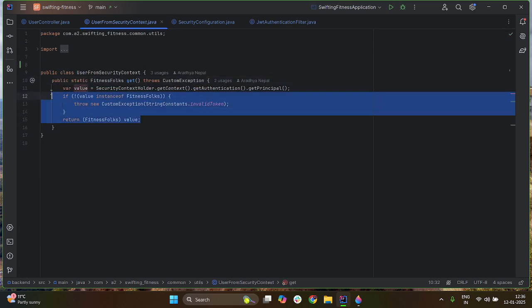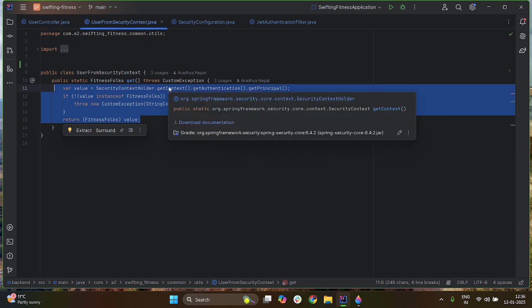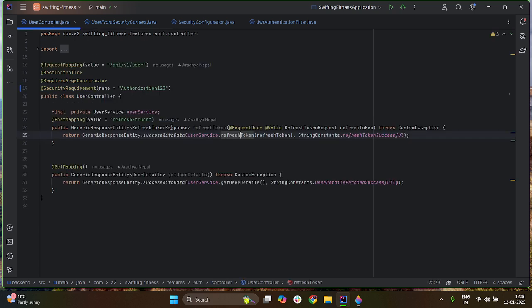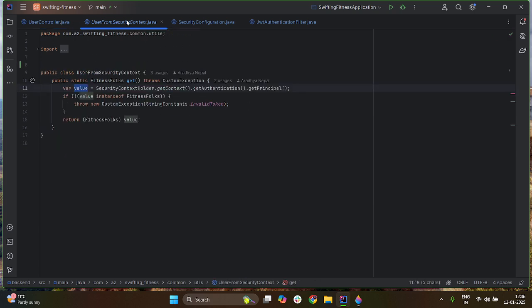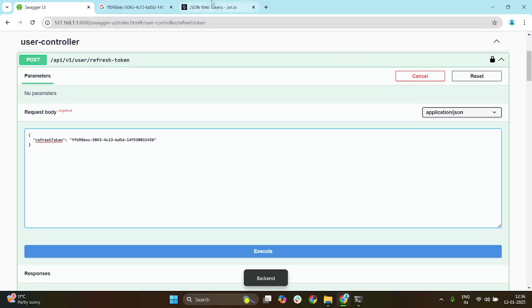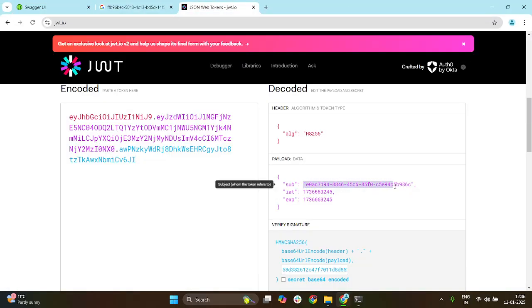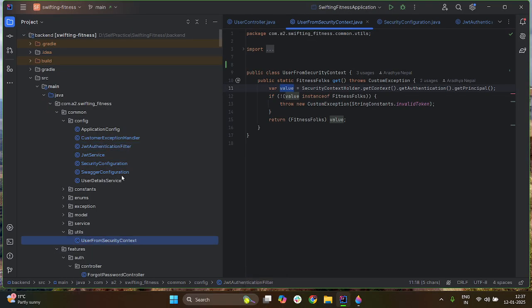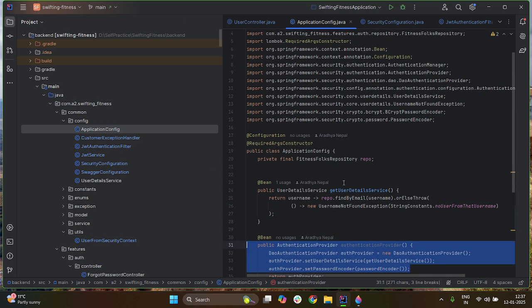Since the thread in which this API is being hit is already authenticated, we are accessing the user details, and these user details are being accessed from the JWT token. From this JWT token, we have the UID, and from this UID we get the user details, and we find the user from